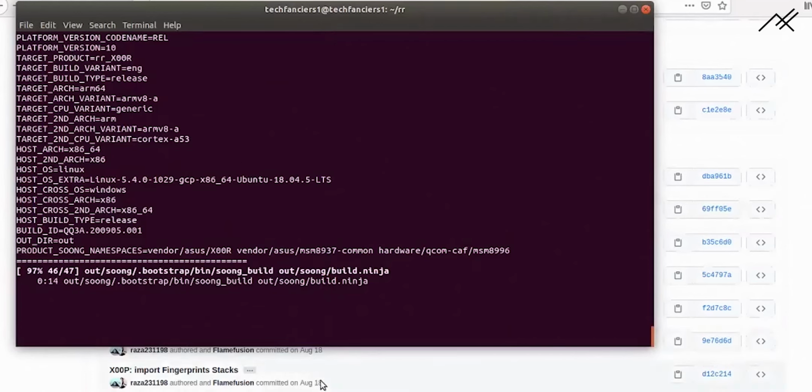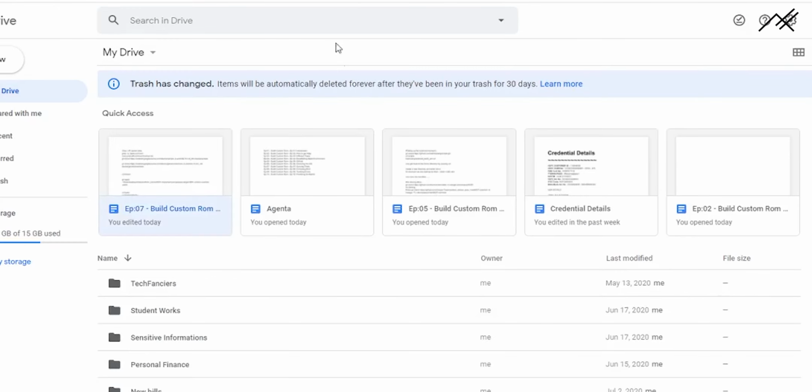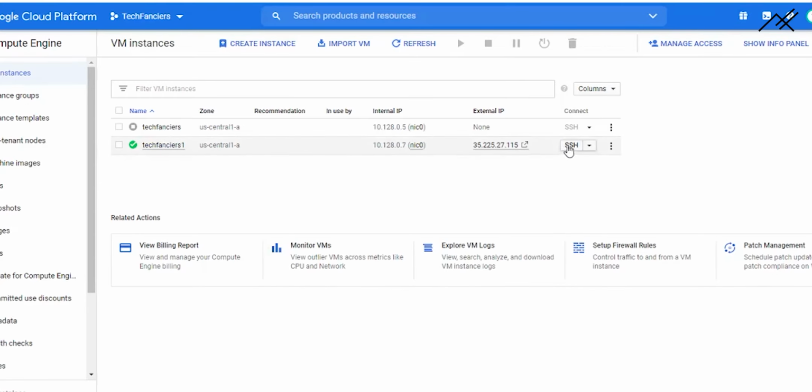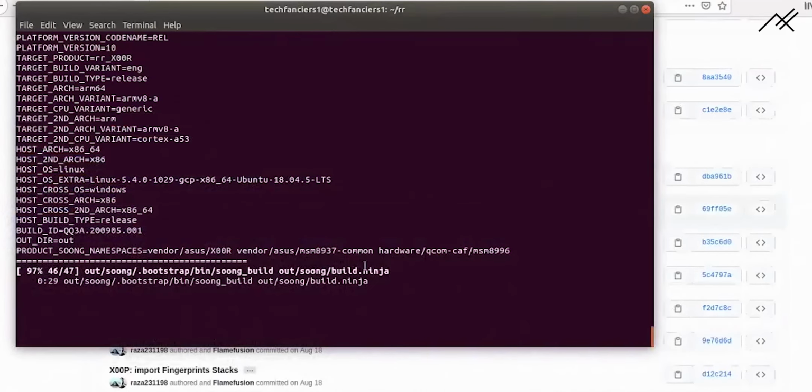In those cases, what I do is close the GNOME machine server and open the SSH server. From there I give these commands and start compiling the ROM. So we'll check whether it is making any problem like that, or else we'll just go with this process.